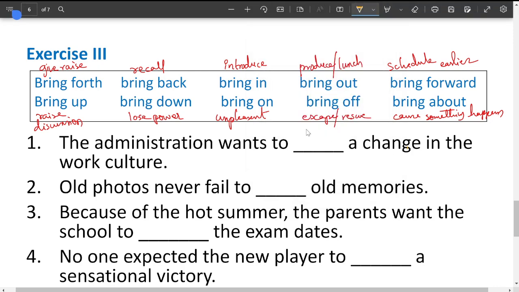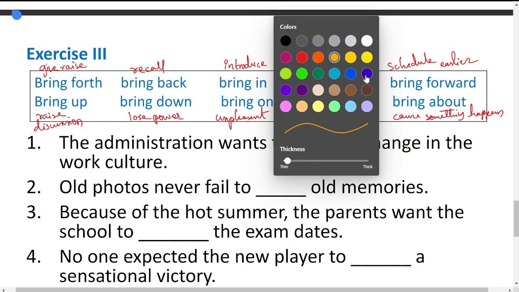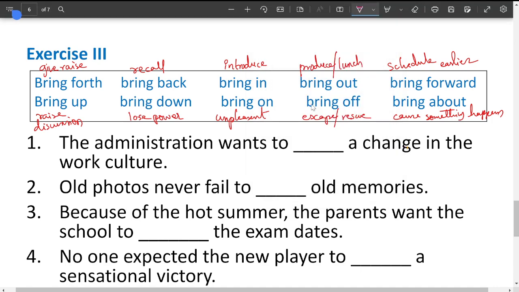the remaining answers. Okay, I think it won't be visible. Let me change the color. Yes, okay. Look at this first one. The administration wants to bring about a change in the work culture. That means it wants to make some changes. So which one can be used here to get the meaning of make some changes? Look at the options here. So the proper option here is this one, bring about, in the sense they want to make